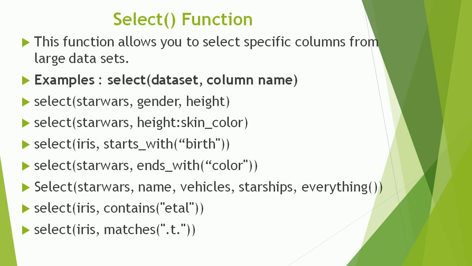Now a data set might have as many as 20-30 columns, so we may not require all of them for our data analysis, and we want to extract some specific columns to understand those particular variables better and use them for our data analysis. Right, so the basic format is select, and within parenthesis the first thing you have is the name of the data set from which you want to select those columns, followed by the name of the column.